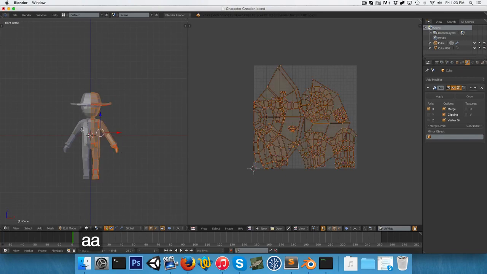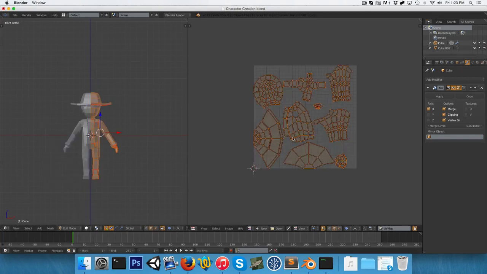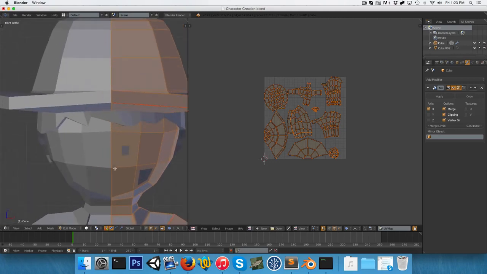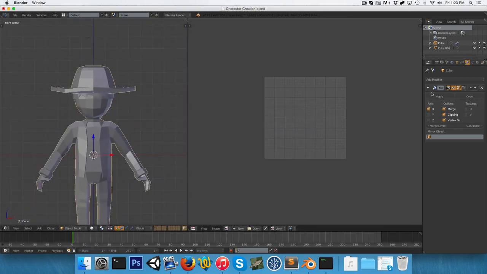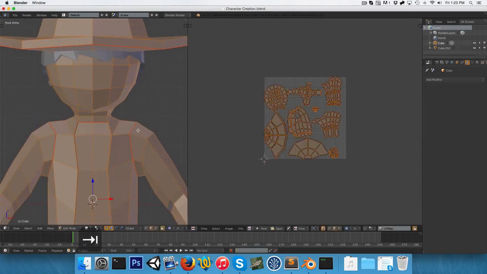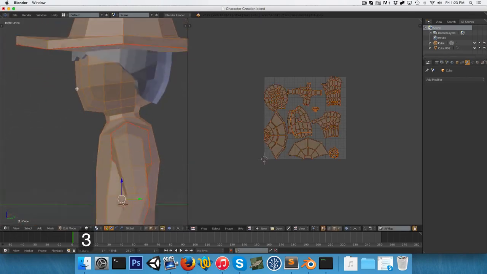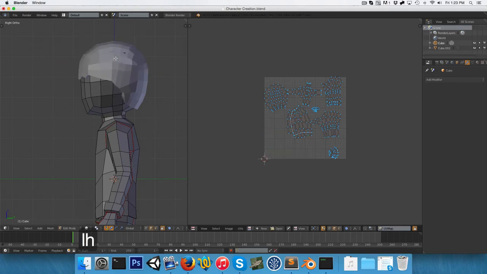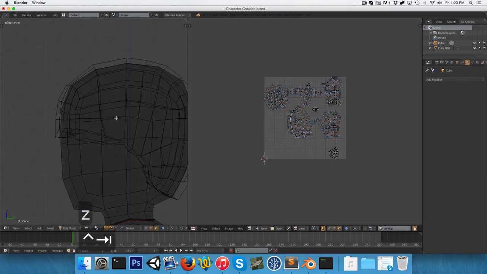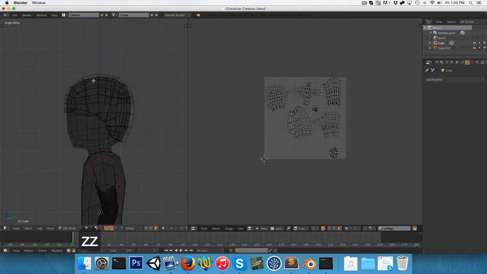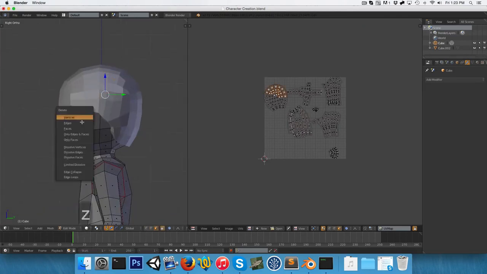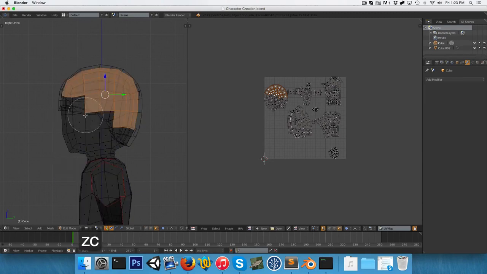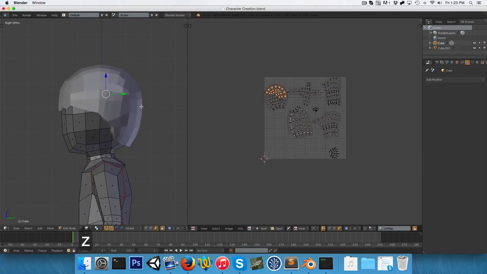Let's see, I'm just going to unwrap everything once again, just so it's all sorted out nicely. And I think at this point, let's go ahead and just apply the mirror modifier. And we can quickly maybe hide the hat, because what I want to do is this sort of top bit of the head, all these faces along here, we're never going to see them since they're of course hidden by the hair. So just to save us some UV space, we can just go ahead and press X and delete